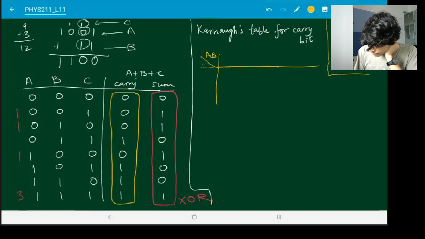So I'll put AB over here and C over here. C can be either 0 or 1. AB can be 0, 0, 0, 1. Mind the order: 1, 1, 1, 0.